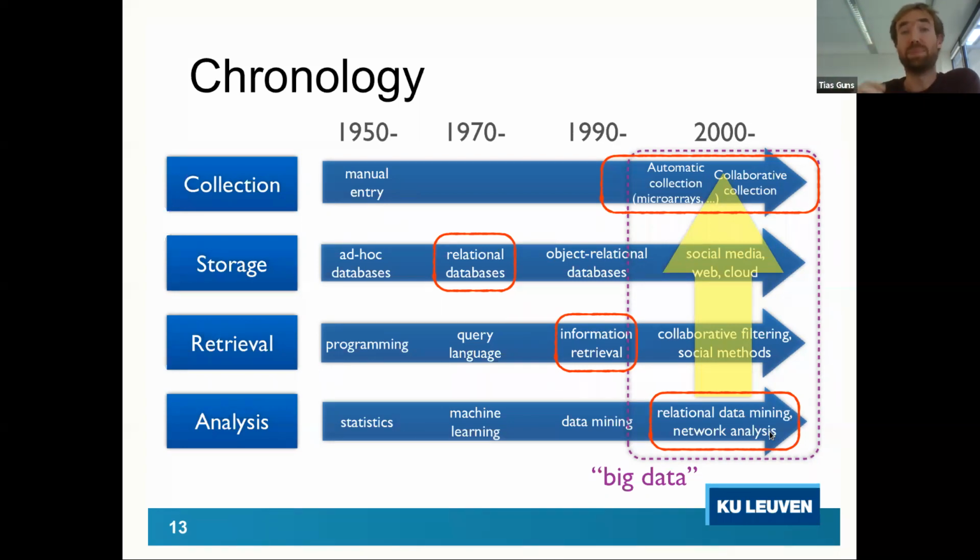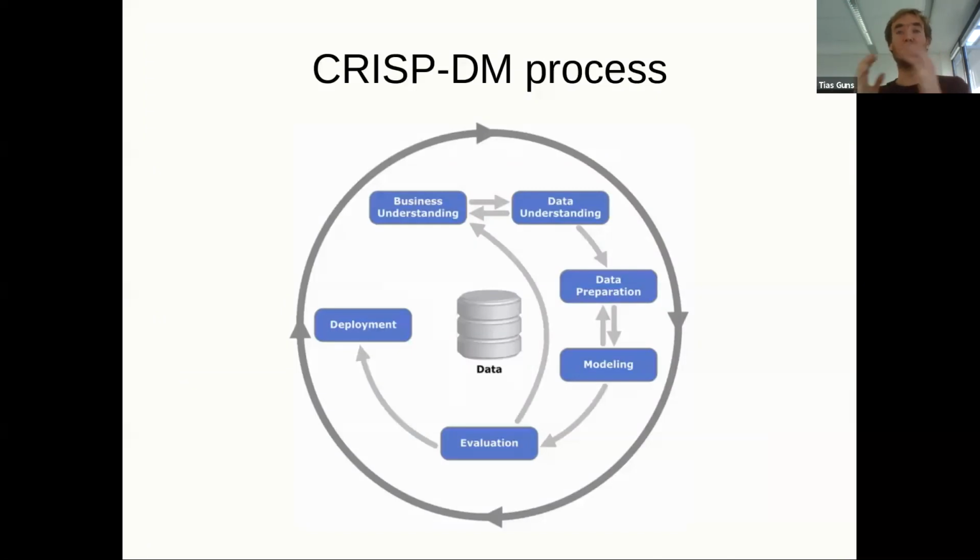For example, in big data, in Hadoop pipelines, you're actually doing the analysis on specialized, federated representations of the data. But I'm not going to talk about that today. It's just to let you know that it's always a process, and there's a formalization of this process already since a long time called the CRISP-DM process, which says that whenever you start a new data science process,